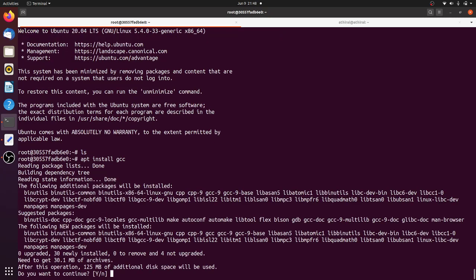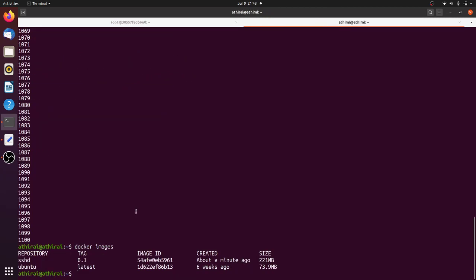Let this get installed. Meanwhile, we will start all the other containers. I will use the for loop again, and then say docker run --detach mode, and then I will give the host name for the container as system$user. We already have 1001, so I will start from 2, so I will get 1002.